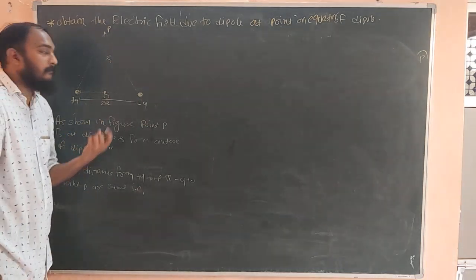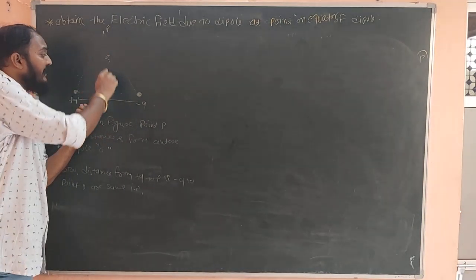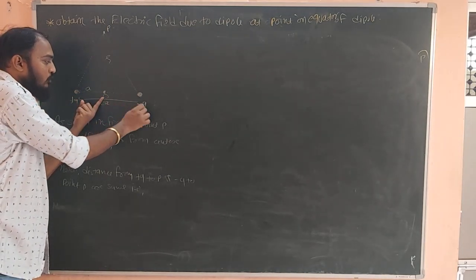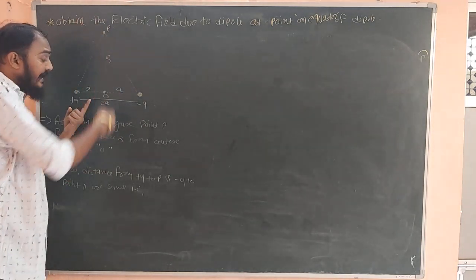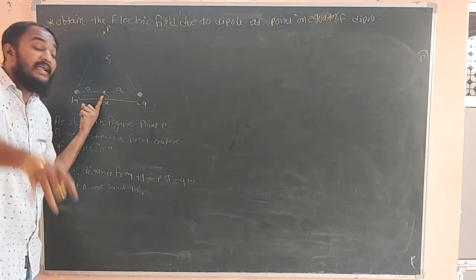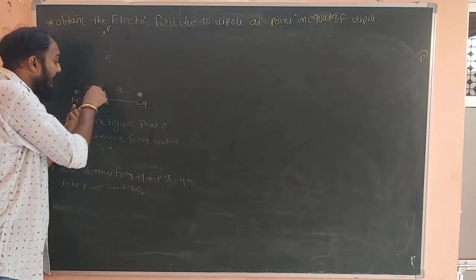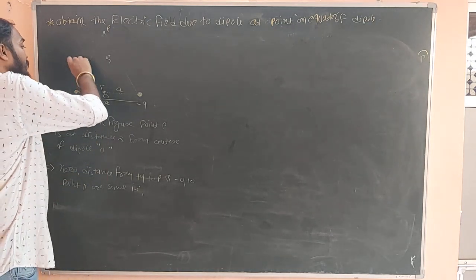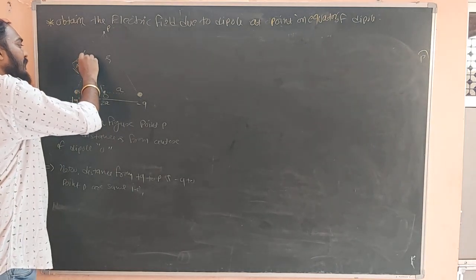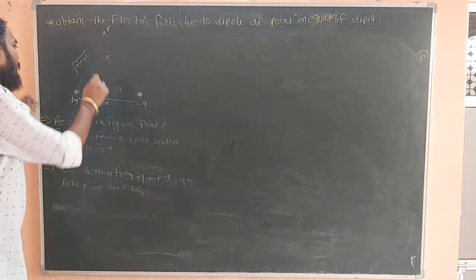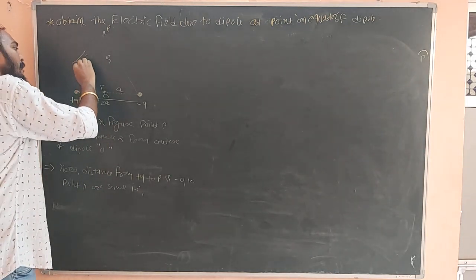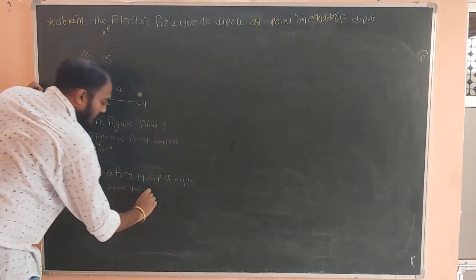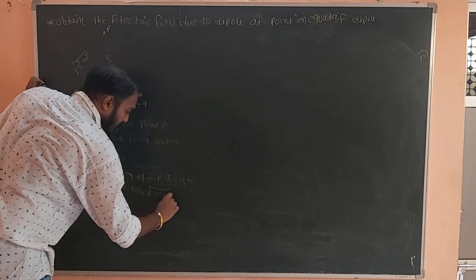Okay, let us see here. The distance between O to P is r, and O is the center of the dipole, so we can say plus Q to O is a and O to minus Q is a. And this is the equatorial line. The equatorial line is always perpendicular to the dipole, so it will create a right angle here. We will get a right angle triangle. This will become your hypotenuse, and the hypotenuse value will be a square plus r square, but under root. Or we can write r square plus a square under root, that is under root r square plus a square.